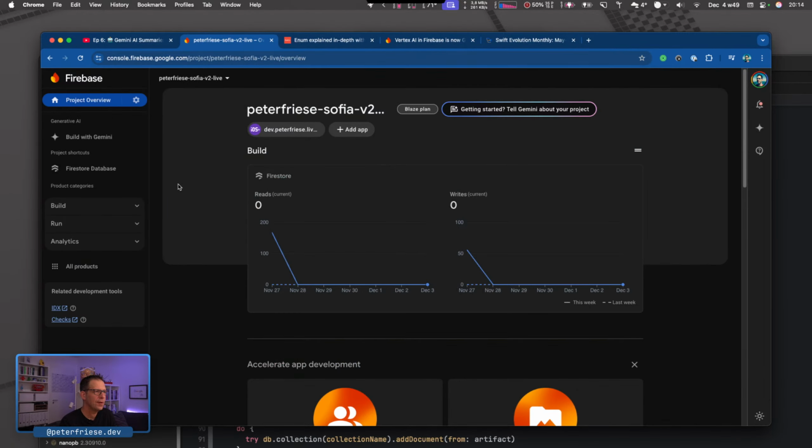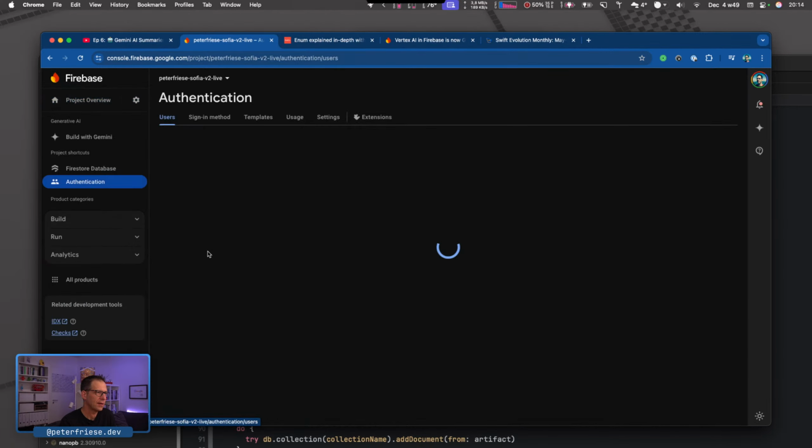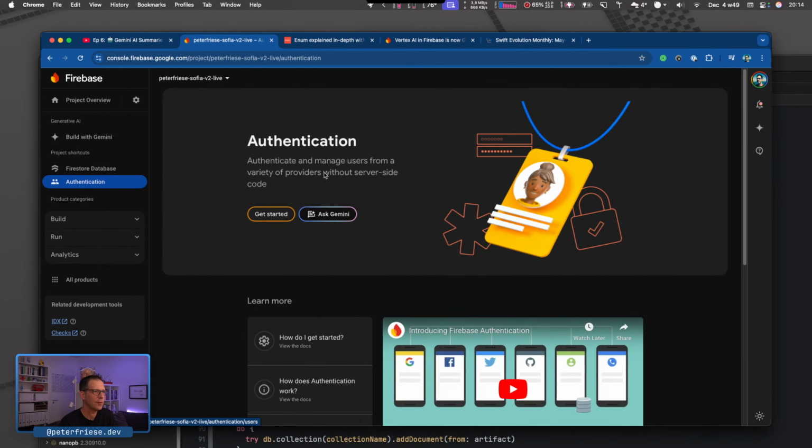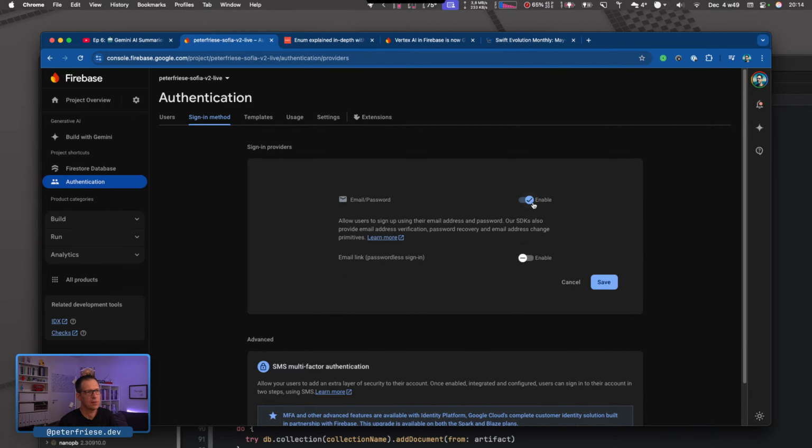But first of all, let me go and activate Firebase authentication. I'm here in my project, and this is the live project. I haven't activated authentication yet, so let's do that real quick. And once I've done that, I can choose all the authentication providers that we want to use in this application. We'll start with email and password authentication.